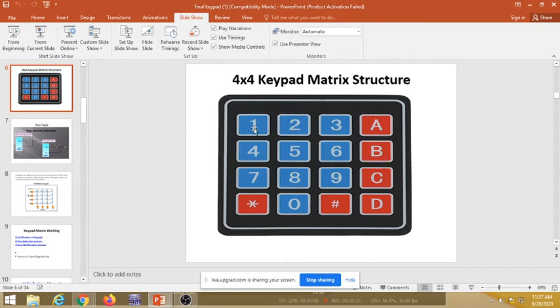Again it will read the column status. Again the key number 8 is not from this row, and that's why column status is 1 1 1 1. Then it will scan the third row, means input is 1 1 0 1. In that situation, what is the column status? This is 1, this is 0, this is 1, and this is 1, which indicates that a key got pressed from the third row, means we just declared that the third row is fixed now.